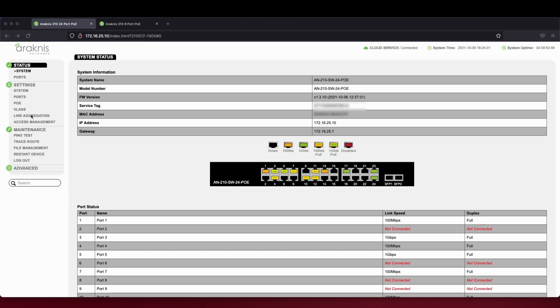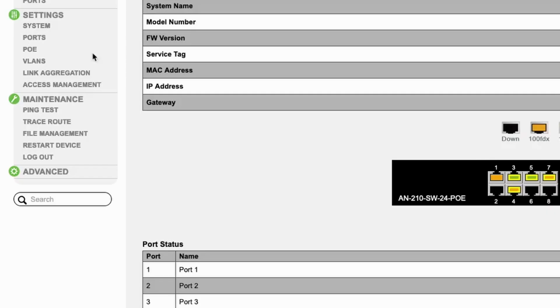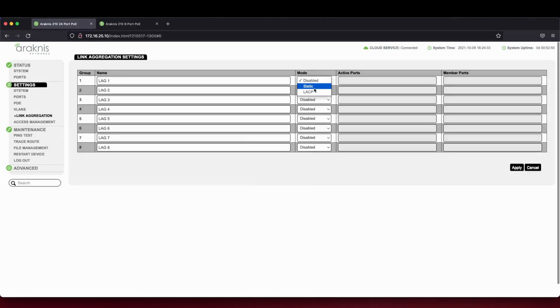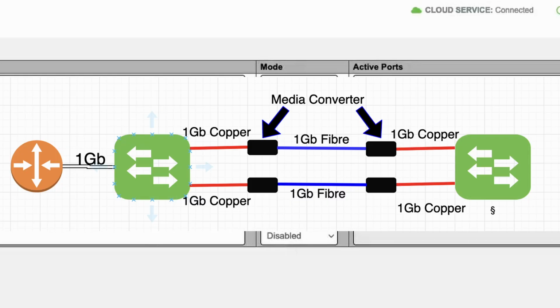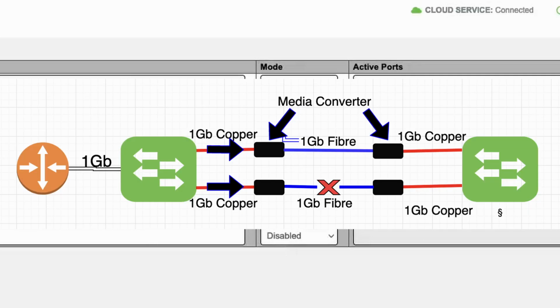On my 24 port switch, I'm going to go to Settings and Link Aggregation. Then I'll set LAG1 mode to LACP. I have the option of static, which when set sends the traffic evenly across the links and the ports are always active. One concern of this, however, is if you had a copper port connected to a media converter to convert copper to fibre and the fibre cable went wrong, the static lag will still continue to send traffic to the media converter because it still sees an end device at the end of that first copper cable run. So the data transmitting to the receiving switch on the other end of the fibre cable would fail and